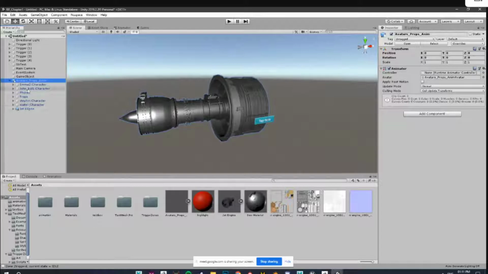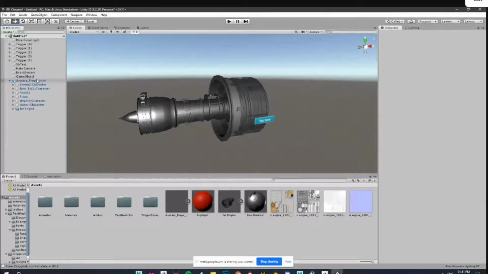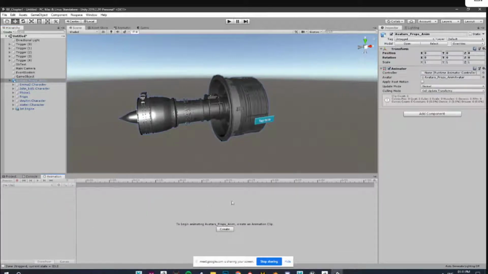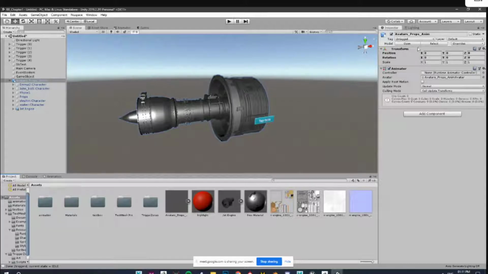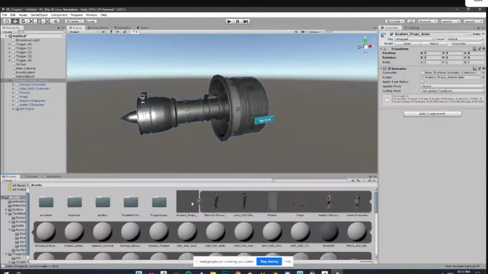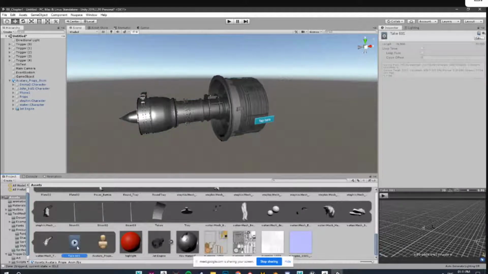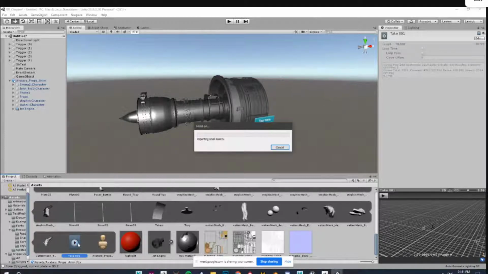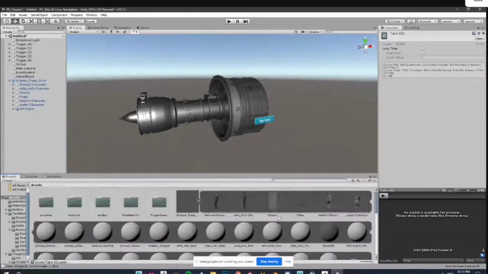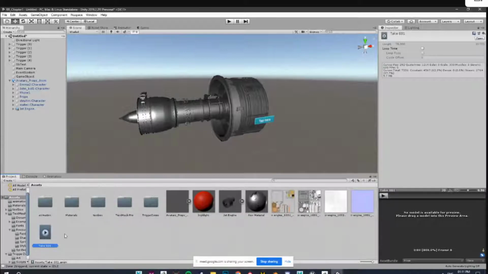Right now these are all read-only keys, so I cannot see anything over here. But if I go here and copy this, or duplicate this animation, now all these animations are readable and writable.